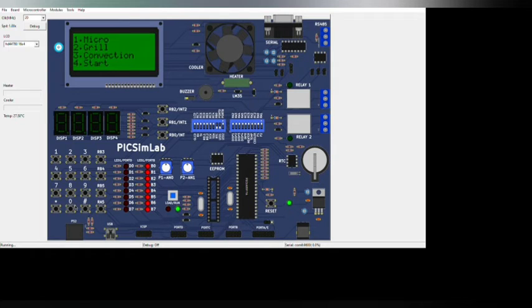To use grill mode, we have to press 2. It tells us to enter the time. For example, if we give 10 seconds, it starts running. If we press 4, it will increment by 30 seconds. If we press 5, it will pause, and if we press 4 again, it won't increment, it resumes where it stopped. If we press 6, it will stop and come back to the menu.